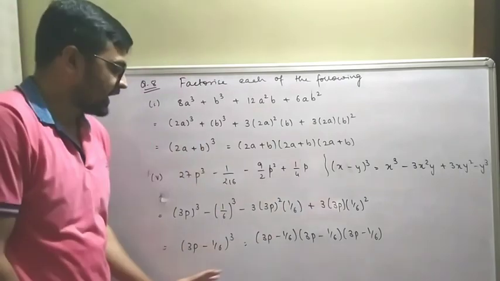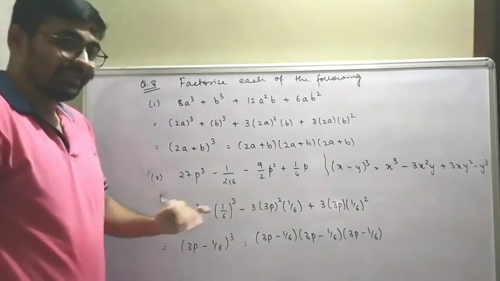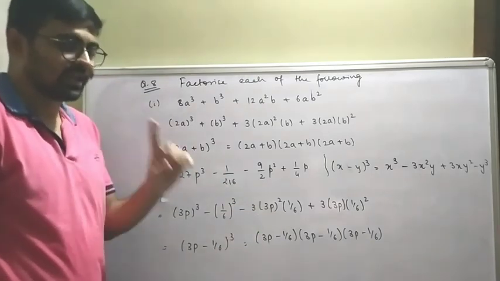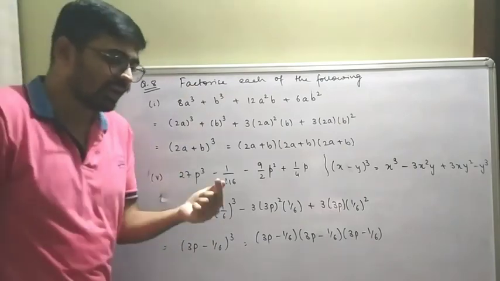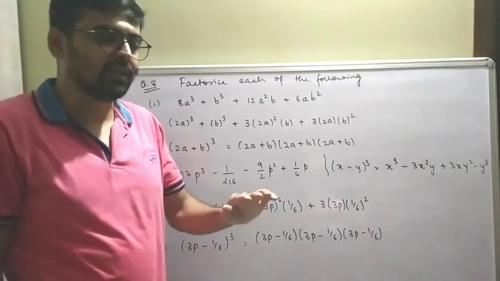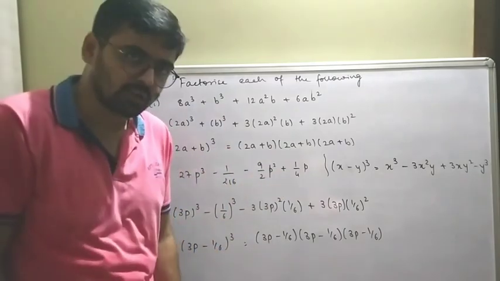Simple. So I guess that's where we are going to stop today. We will stop here today. This is half of the exercise. There are 16 questions in the exercise. This is the first 8. In the next video, we'll finish the chapter and then we'll see which new chapter we are going to start. Simple.